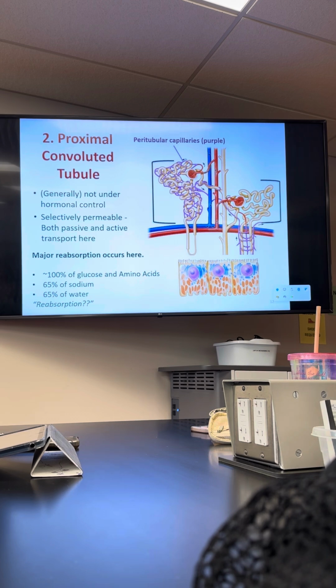So is it in the medulla? Is what? Yeah. The proximal, is that what we're looking for? The proximal? Well, yeah, this is the distal one. I think, no, I think this is a